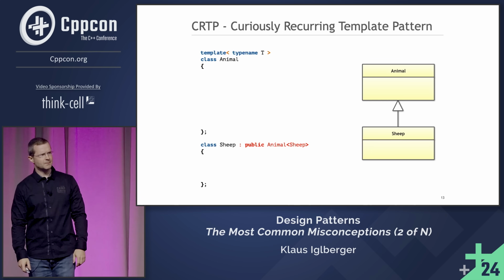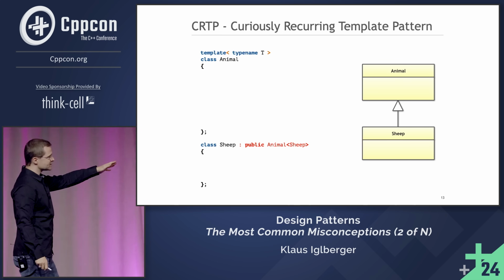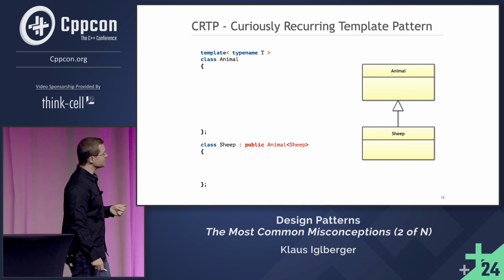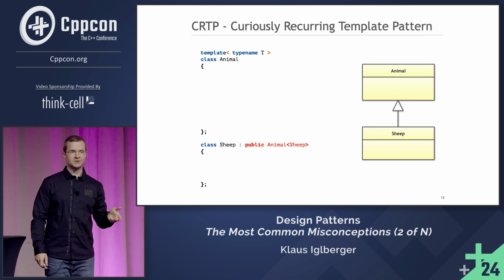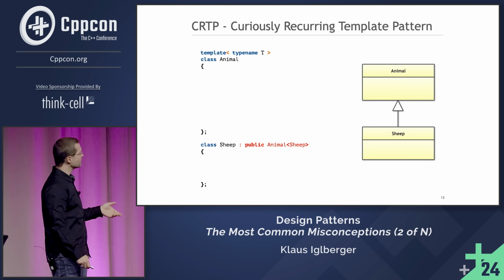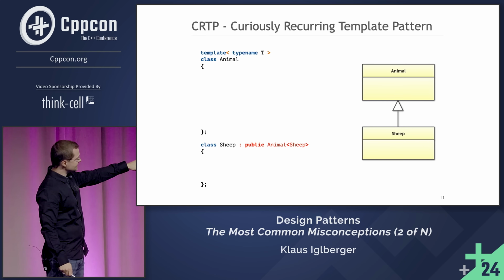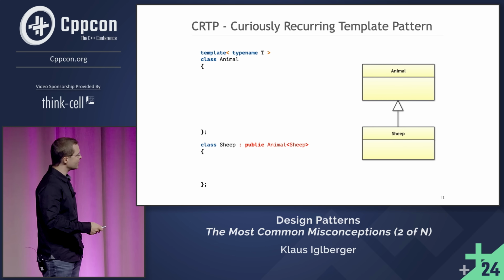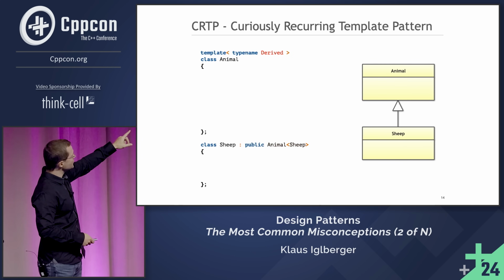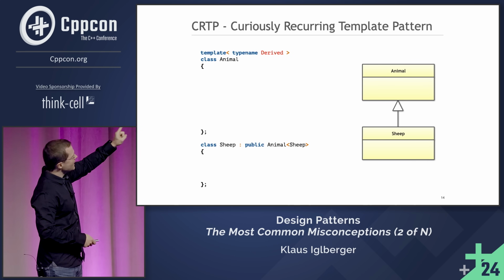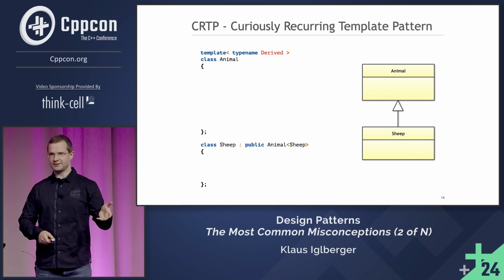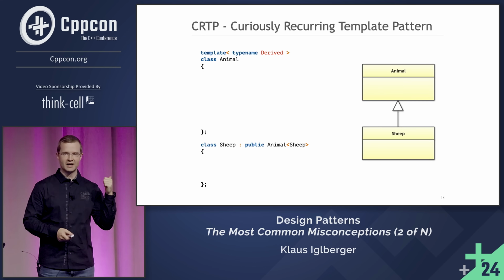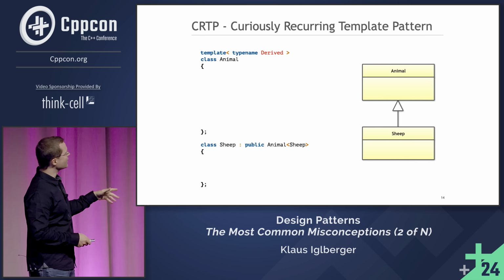Does this even work? Oh, it actually does, because as soon as you say class Sheep, you have kind of declared the thing, and you are allowed to instantiate class templates with incomplete types. So it actually does work perfectly. But now, of course, Animal is a base class for Sheep. But what we want to avoid here is virtual functions. So the first thing that we now do, one step back, we usually call this template parameter Derived, which is actually a good thing because this might communicate to people who have not seen this before what you're actually doing. So I would say this is kind of part of the pattern.